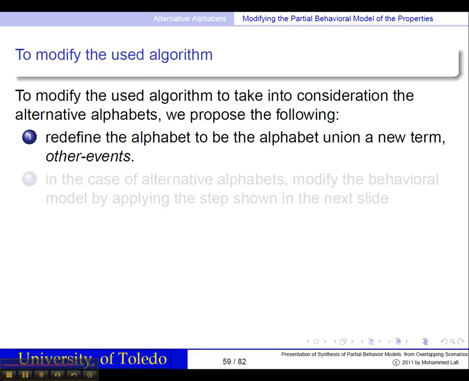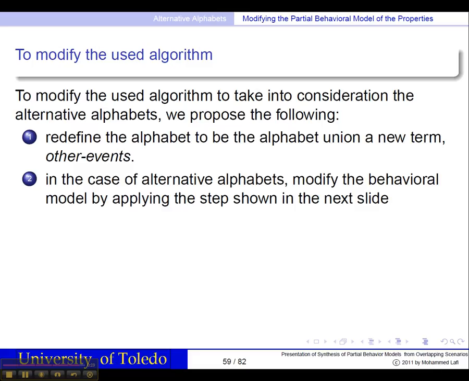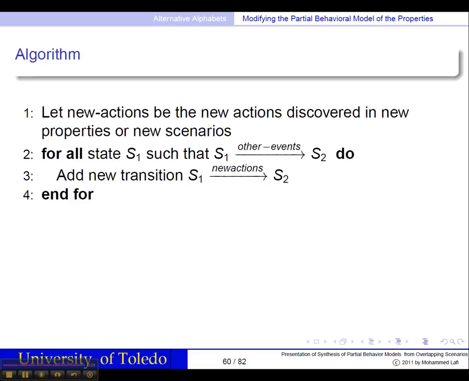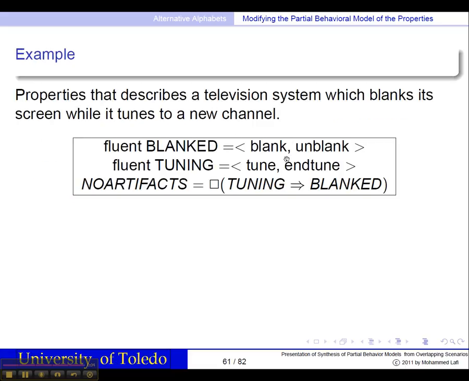Therefore, to modify the algorithm to take into consideration alternative alphabet for modifying the partial behavior model of properties, we will propose two things. The first thing, define alphabet to include a new term called other events, and the other thing is applying the following algorithm steps. This step is just to add new events or new transitions for each transition that contains other events. For example, if we have a set of fluents and